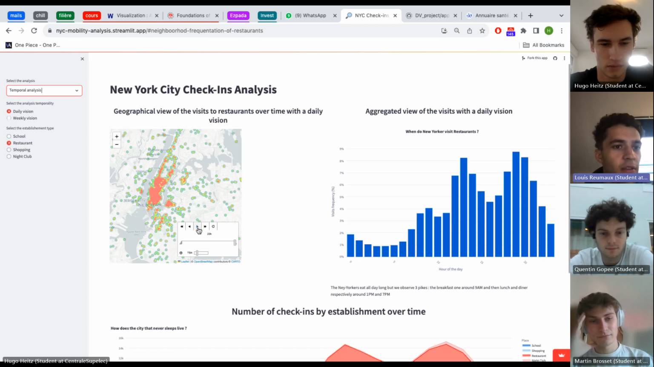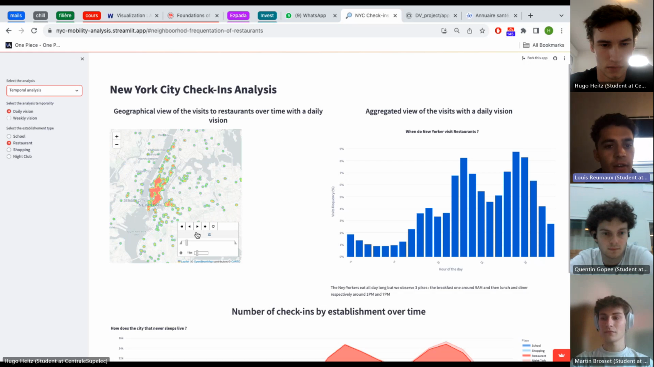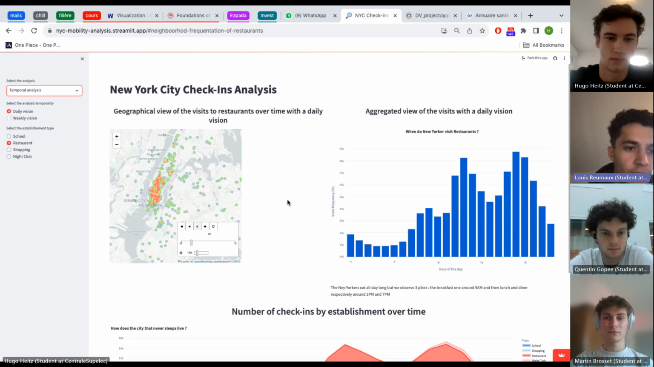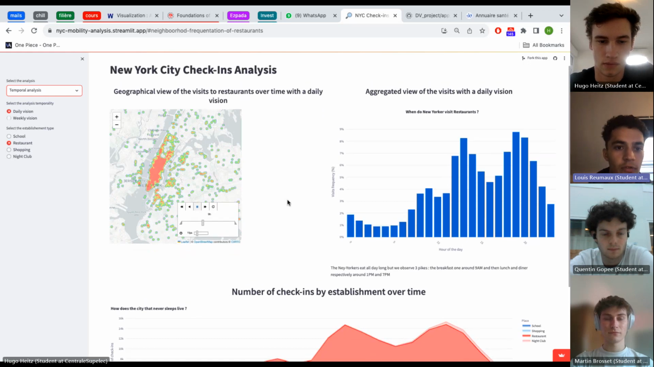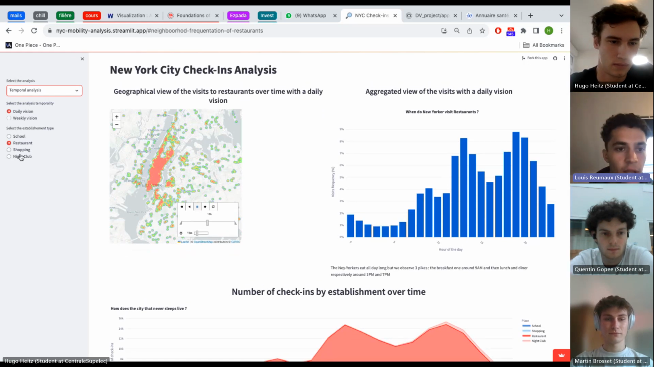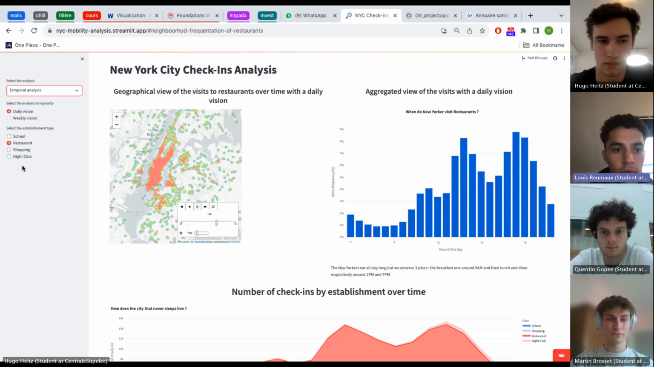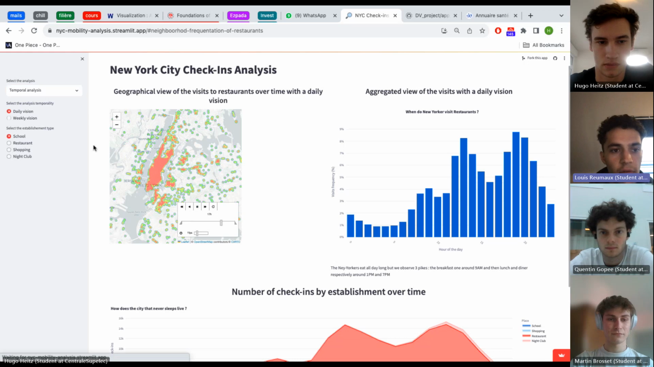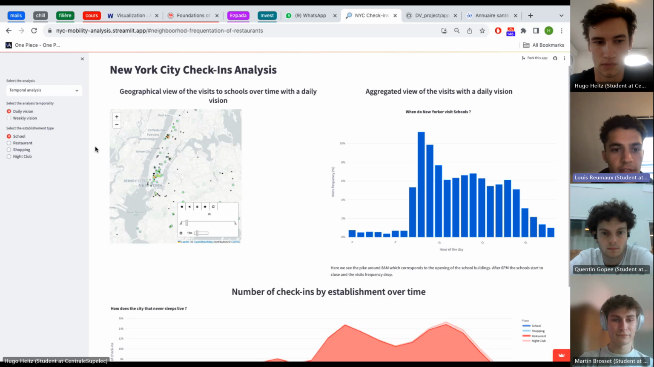Yes, so we are going to begin with the presentation of the temporal analysis on the daily vision. As you can see, on the left we have a selection of the establishment type. You can choose between 4 establishment types. Here we are on restaurant, but we can switch, for instance, to school or to any other. Yes, so on the school, here you can see we have a dynamic heat map during the day with